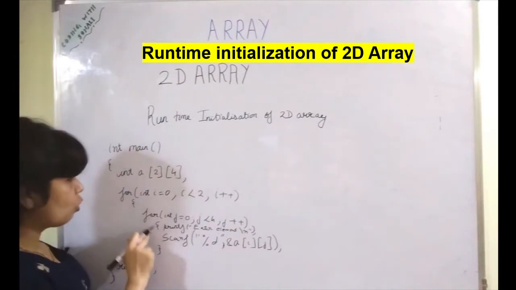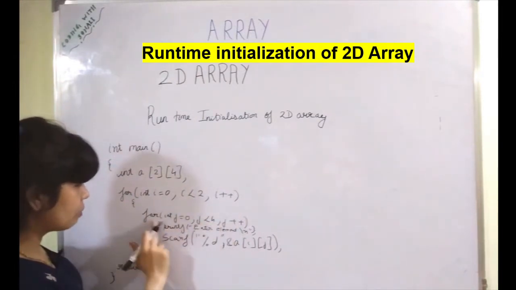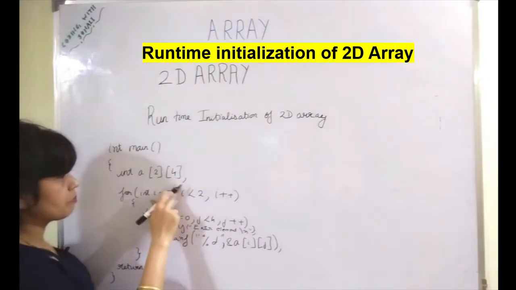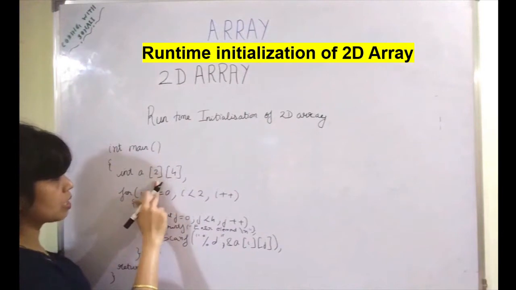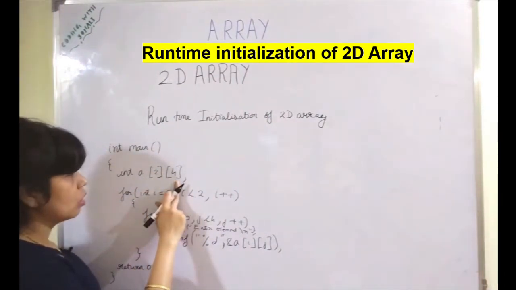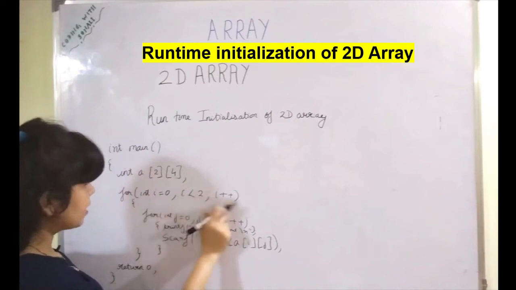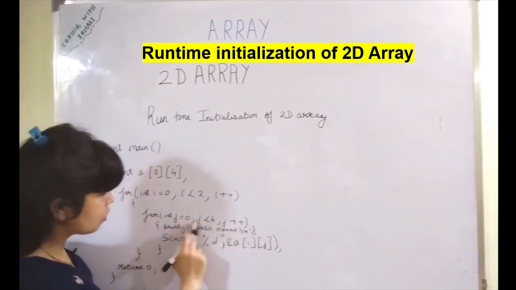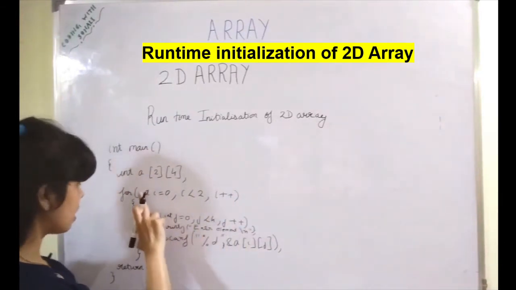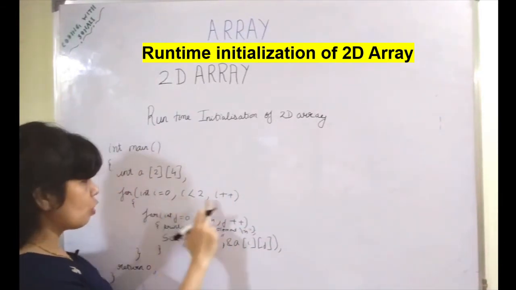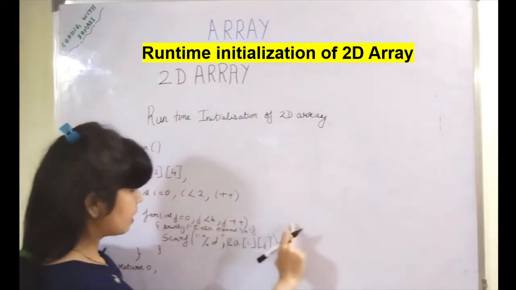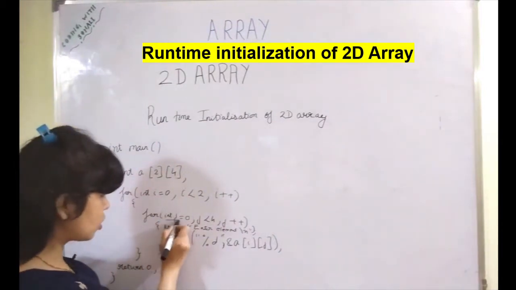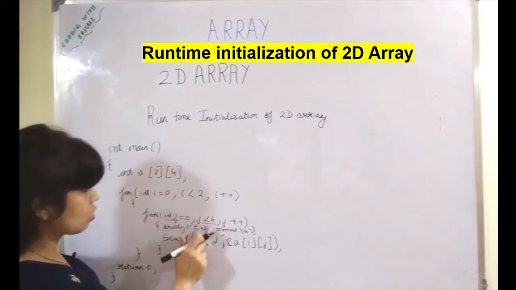So why am I taking two for loops? You can see one for loop is there, and inside that one more for loop. Since the dimensions are 2D, one dimension is for the rows and the second dimension is for the columns. For each row I'm taking this for loop, and the inner for loop is to traverse each of the columns. So the outer for loop is for the rows. For the 0th row, first of all we will be filling the columns, and therefore I have taken this inner for loop: j is equal to 0, j less than 4, that is the column size,